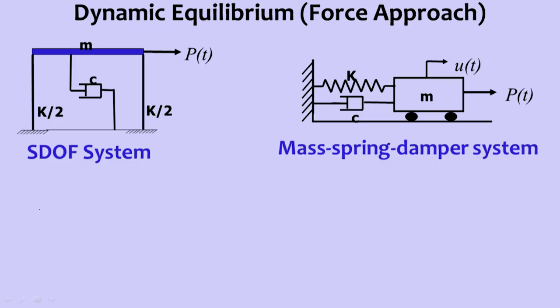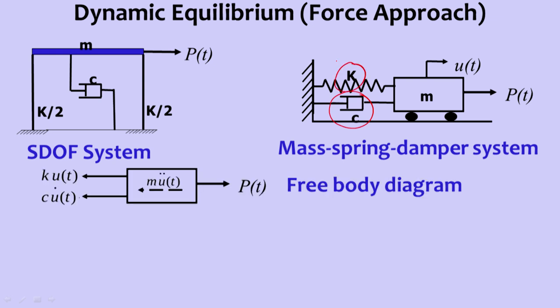This is a single degree of freedom system, and it can be converted into a mass-spring-damper system, where force, displacement, stiffness and damping are all represented. Stiffness is represented as a spring, which is resisting the motion, and damping is represented as a dashpot, which is removing the energy in vibration. So, this is stiffness, and if we draw the free body diagram of this vibrating body, then